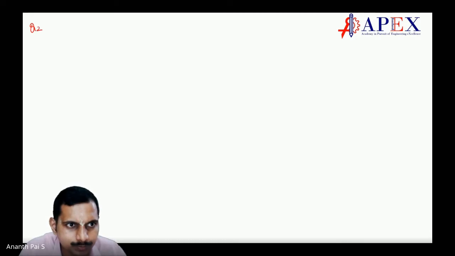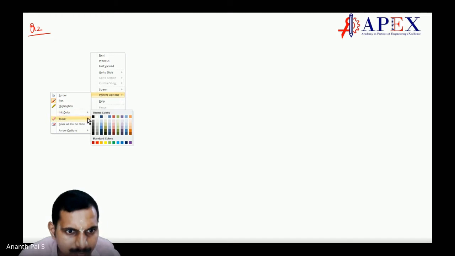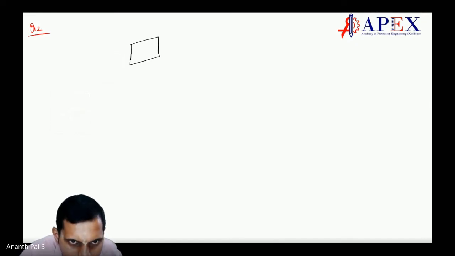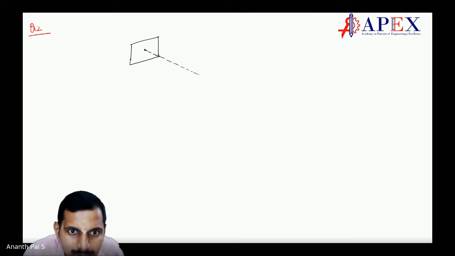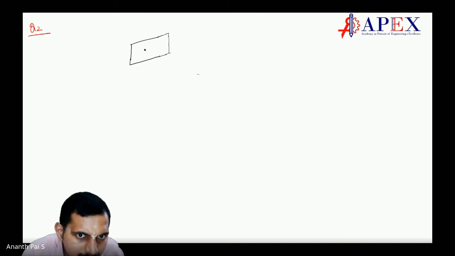Example question 2. Again, a simple question. The question is something like this, students. Let me change the color. Let us have a plane here. On this plane, let us draw a line like this. Wait a minute, students. Take time to write this. So plane here. And here, let me draw an angle.